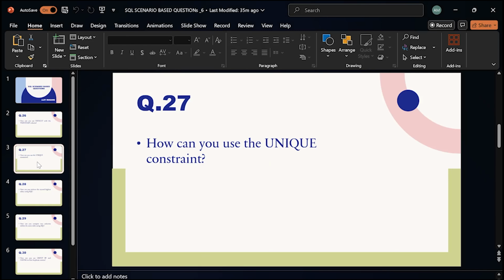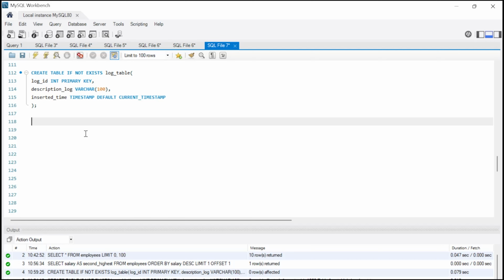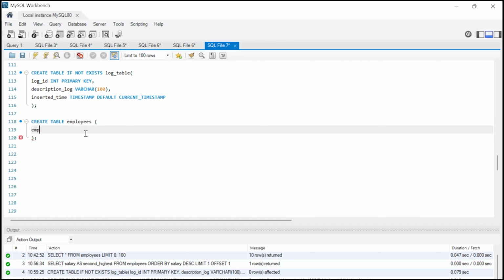Question number 27. How can we use the unique constraint? To use the unique constraint, we will create a table: create table employees, employee ID int primary key,